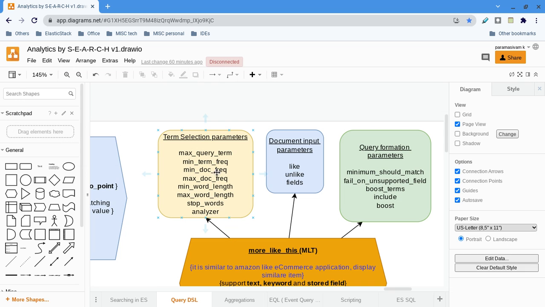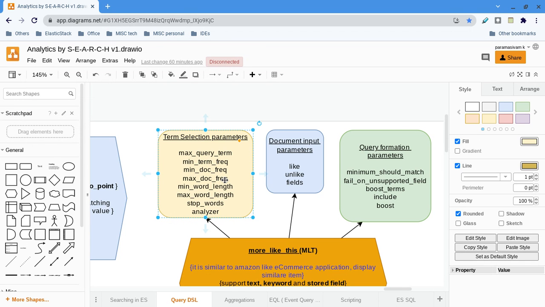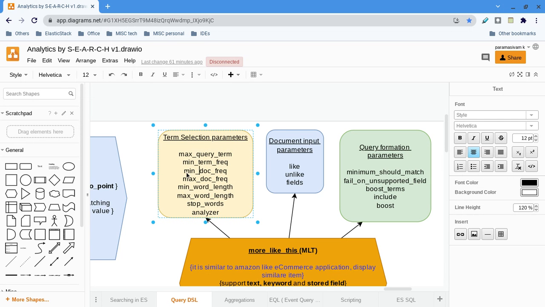Then minimum document frequency: in how many documents is the term used? When it selects a term, it checks how many documents it has to match. Let's say USB is a term. In how many documents is that USB term matched? That's what I explained as document frequency. Then minimum and maximum, it is a pair: how many minimum, how many maximum.